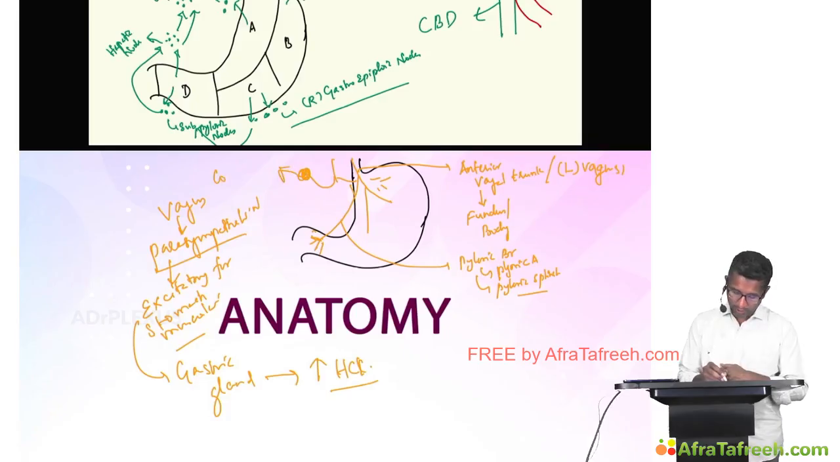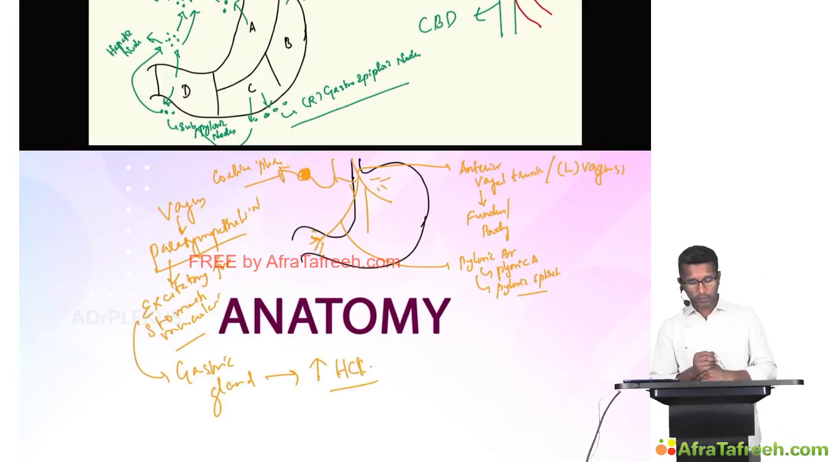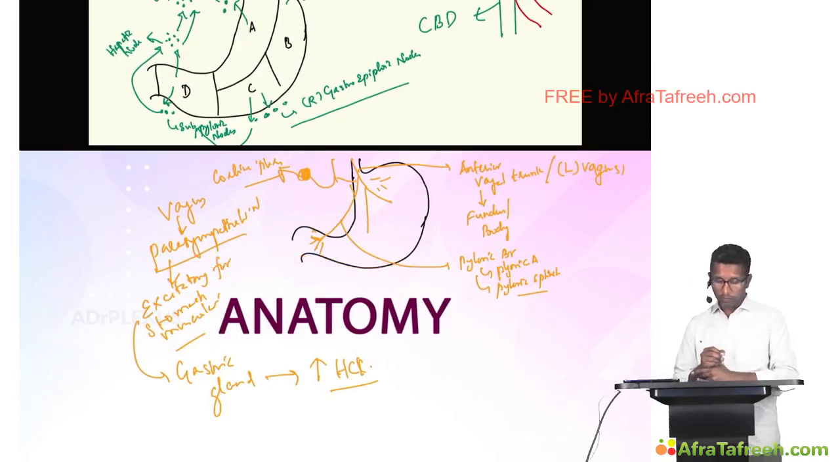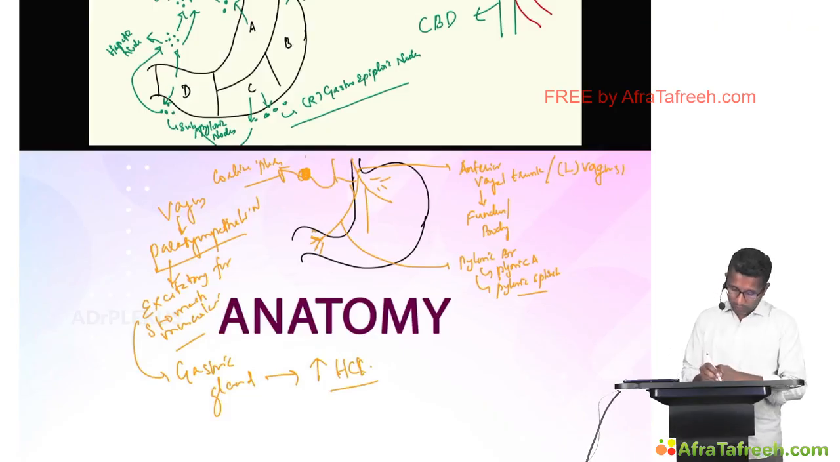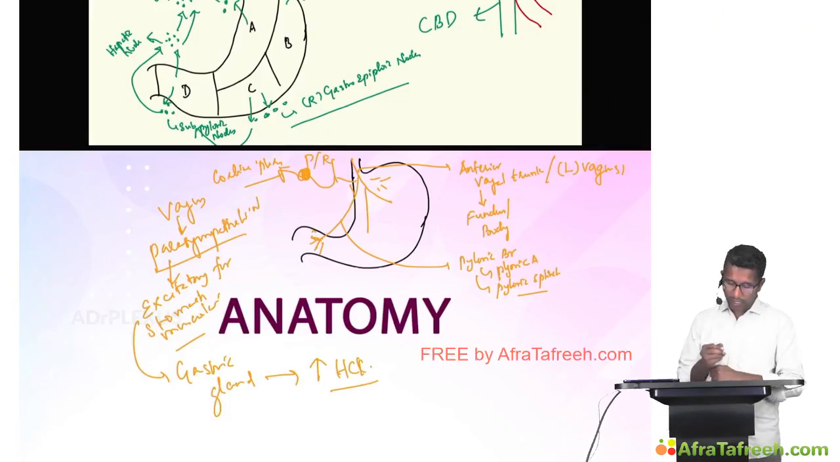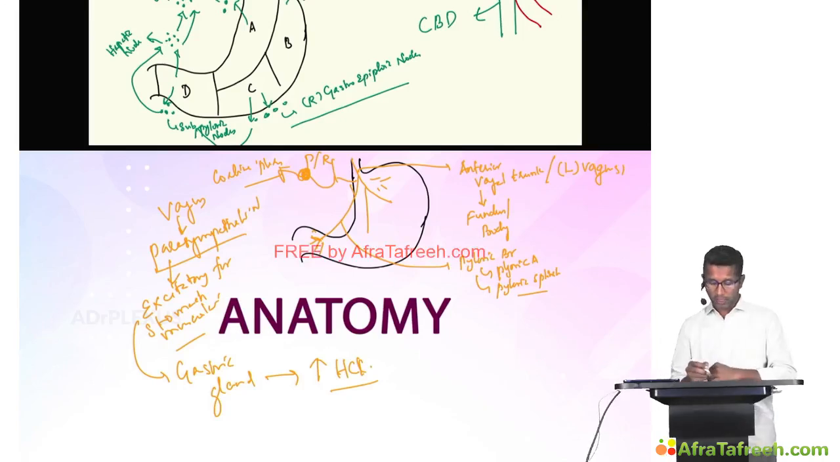This is the celiac plexus. The celiac plexus receives supply from the posterior trunk of the vagus nerve, and the posterior vagal trunk is nothing but the right vagal trunk. So this is about the parasympathetic supply,